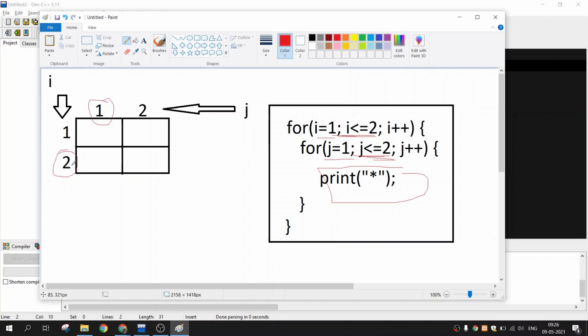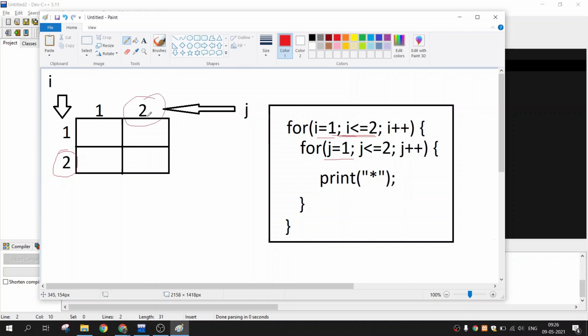So now the current value of i is 2 and j is 1, so the next star will get printed here. After completion of this iteration, it increments the value of j. The current value of j is 1, after incrementing it becomes 2.